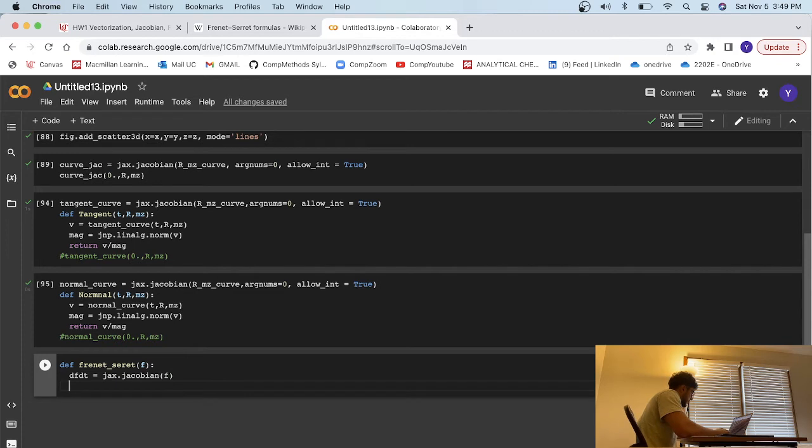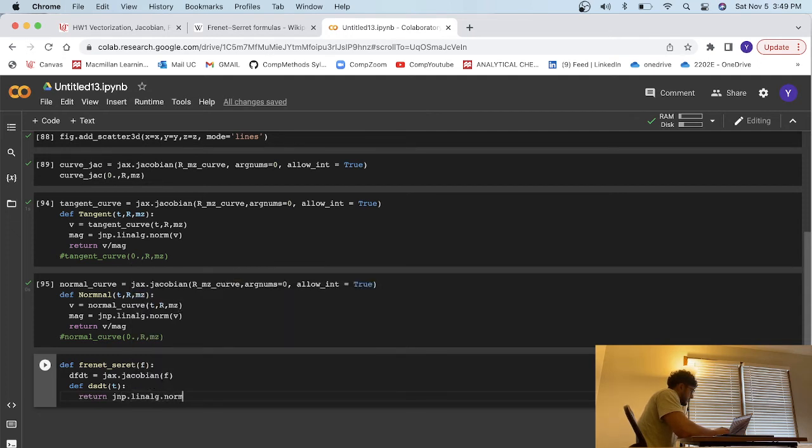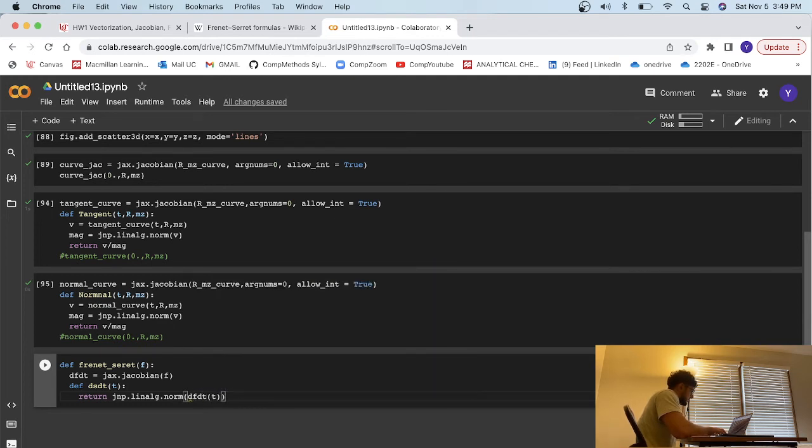And then now we're going to need to define functions to calculate the Frenet-Serret equations. Okay, so we're going to return jnp.linalg.norm of df with the function of t, and then we're also going to define the tangent that we were meaning to find. That's also going to take in the value t,